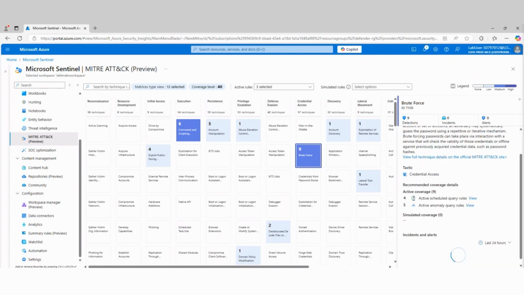For brute force, we've got 5 scheduled queries. So there's 5 queries in my analytics window here that are designed to look for brute force attacks. And then also, there are 5 anomaly rules configured to look for that.